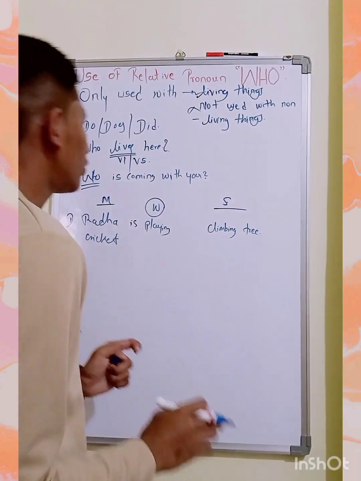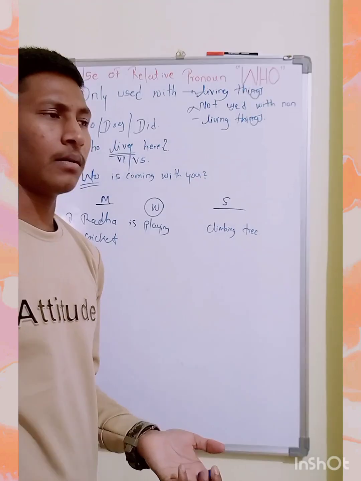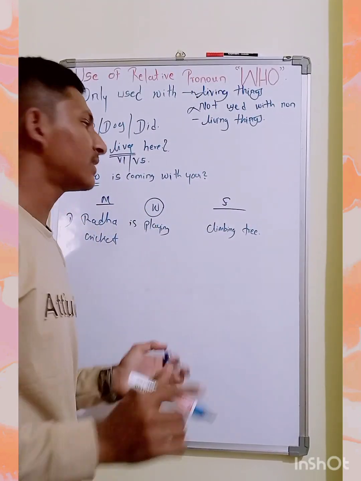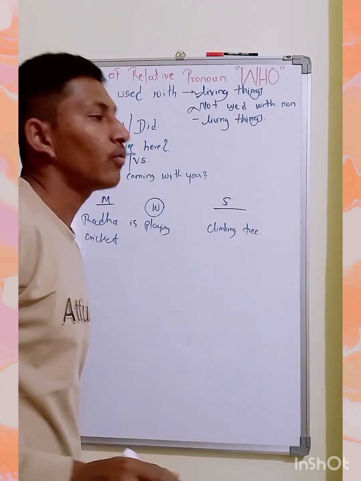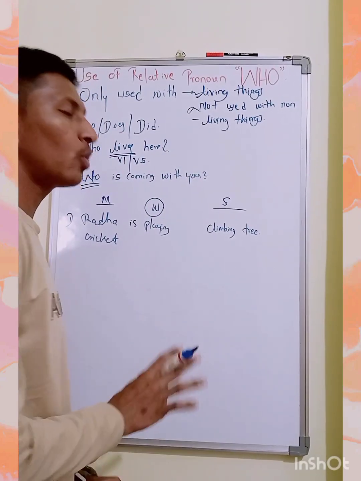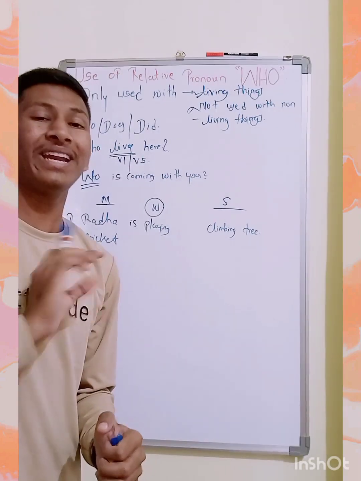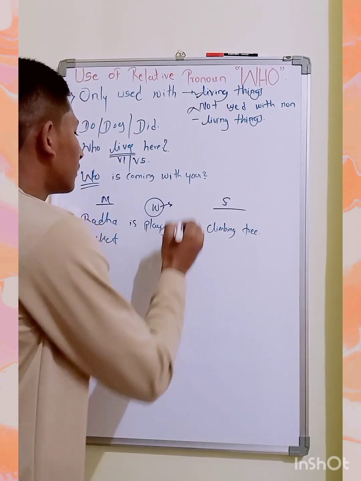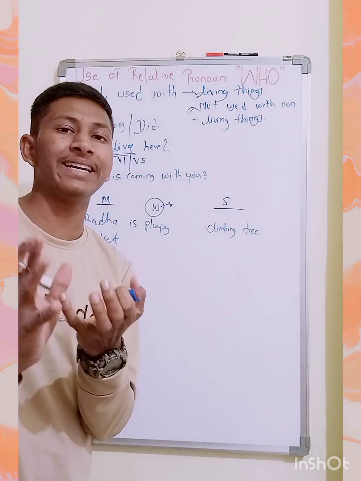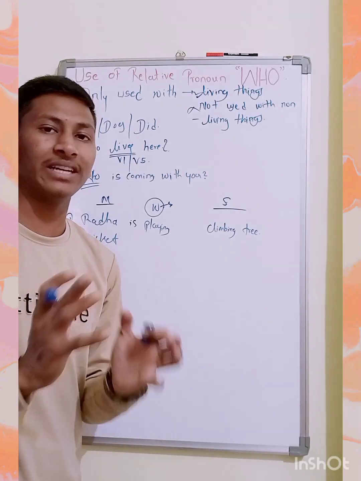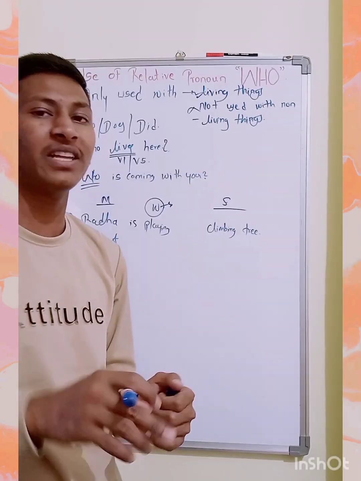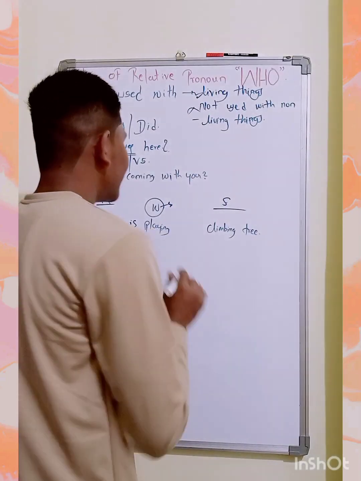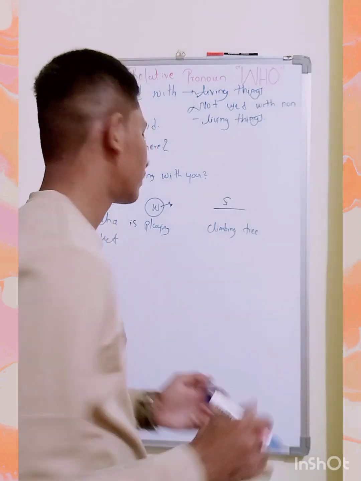So these are the two. Apart from the clauses, the word who is used to link the two sentences. It becomes the bridge between two sentences, which joins two sentences. That will become the middle, not the Caesar. Okay, so you have to keep that in mind, and that will make you sure about it.